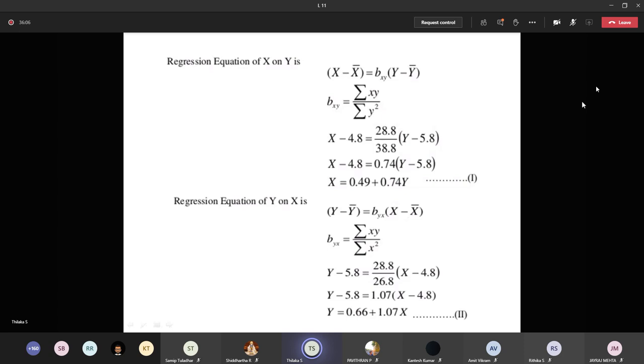If it is minus one, on the other side, both are negatively correlated. If one increases, the other will decrease, like the law of demand. If the correlation value is 0, there is no relation between the two variables. They are unrelated. So these are the correlation analysis, and both are similar. So I chose to discuss the regression analysis with you.